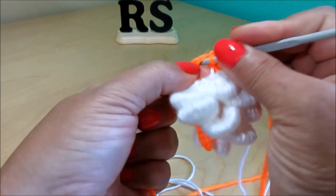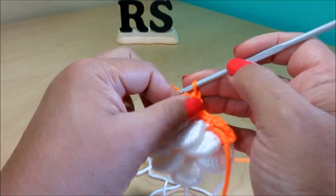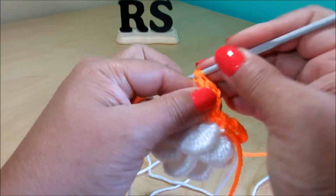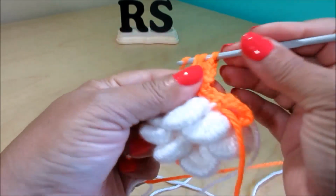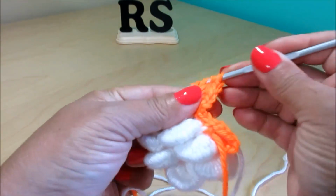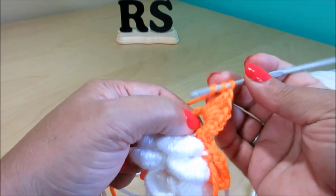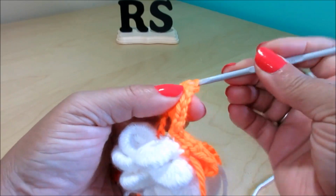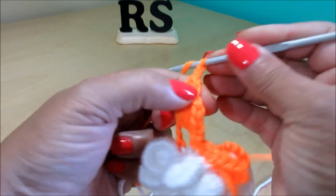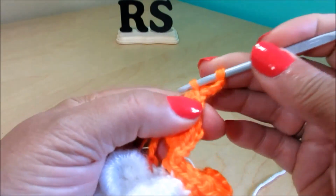You're gonna do a single crochet, a half double crochet, 2 double crochet, 1 and 2, 2 triple crochet, that's 1, and 2. Now you're going to do a tap. You're going to chain 3, 1, 2 and 3. You're going to come here between these two strands in here, and you're going to do slip stitch,